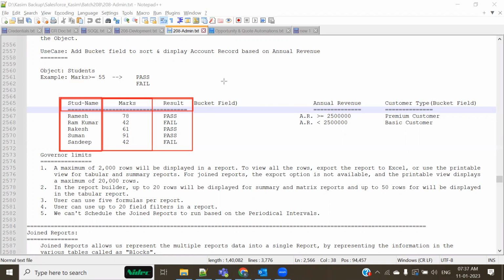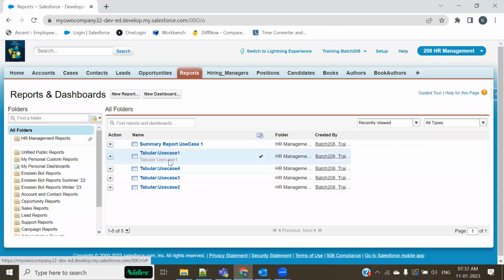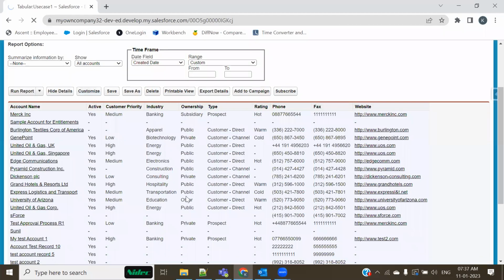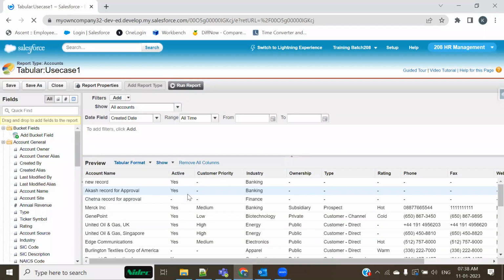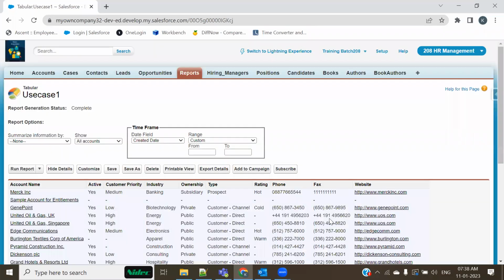Now see, whenever you create a report, right, let me try to take you back to this. Let's consider we create a report, this one tabular report. Now when I run this tabular report, you can see this report is having all those columns, right?